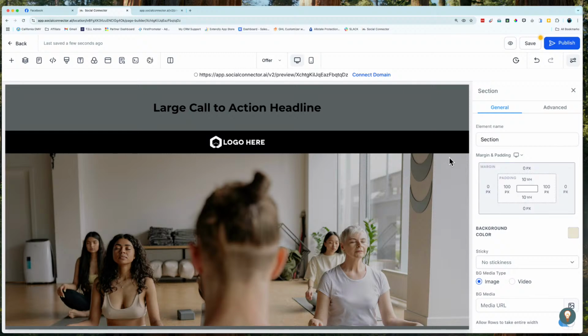And so now you understand sections, rows, columns, and elements. So as we go in to our next segment, we're going to talk about adding elements, editing elements, and learning how to use our settings side of our